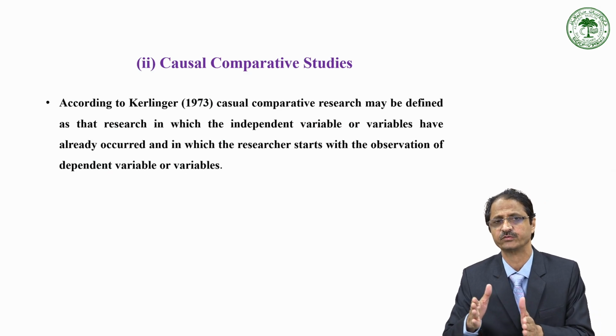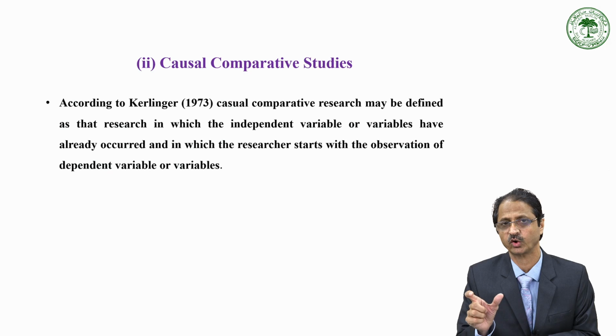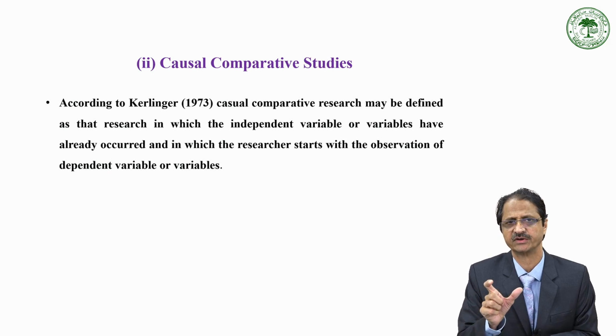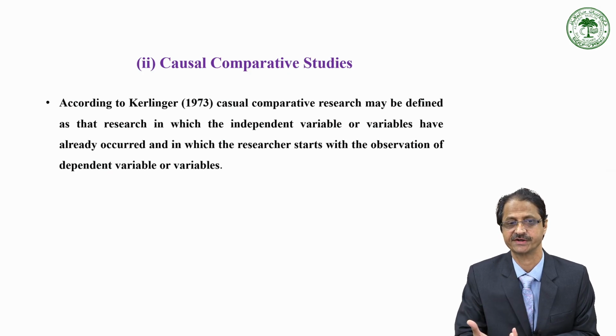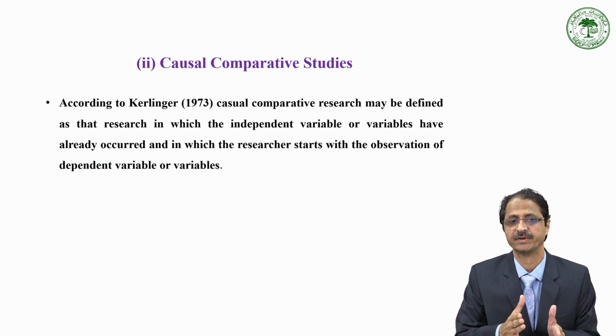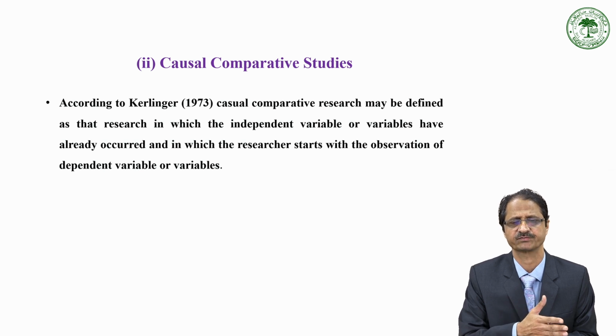The second important type of study in the interrelationship approach is causal comparative studies. According to Kerlinger, causal comparative research may be defined as research in which the independent variable or variables, meaning there can be one variable or a group of variables, have already occurred, and in which the researcher starts with the observation of the dependent variable or variables. Such kinds of research, causal comparative studies, are also called ex post facto research. For example,